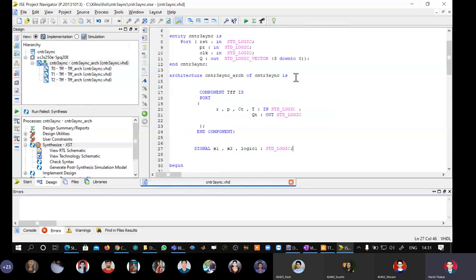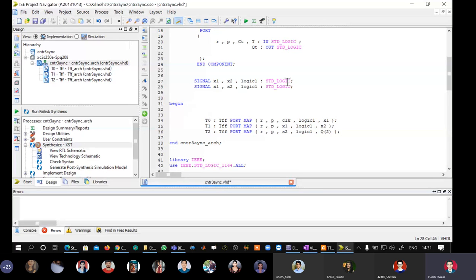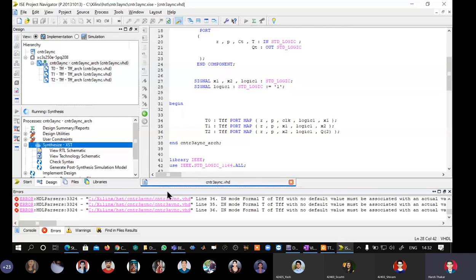So what we can do, we can remove this thing, control C, control V. Okay, I have initialized logic 1 intermediate signal to 1 and I have given logic 1 here. Let us see if this thing works. Again it is not accepting.